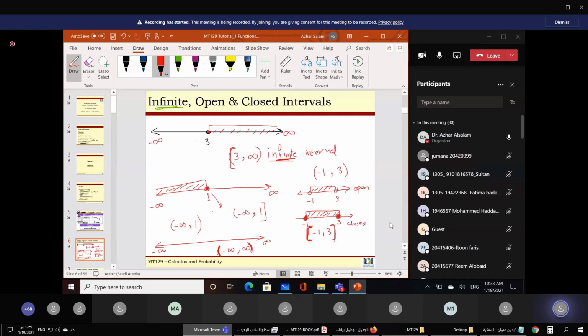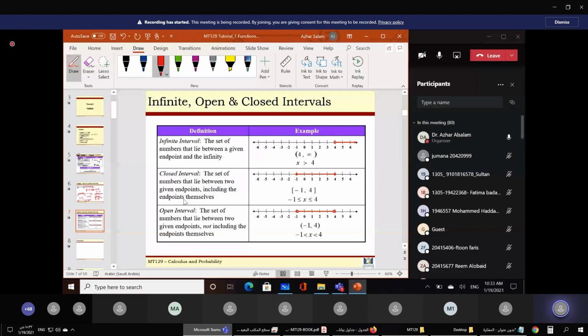Okay, this is all about the intervals. Of course, you have here in the slide the definition of infinite interval, closed interval and open interval as well. The set of all numbers between a given endpoint and infinity is the infinite interval. Okay, like that, from 4 to infinity, and I present it like that. Open from 4 to infinity, which means